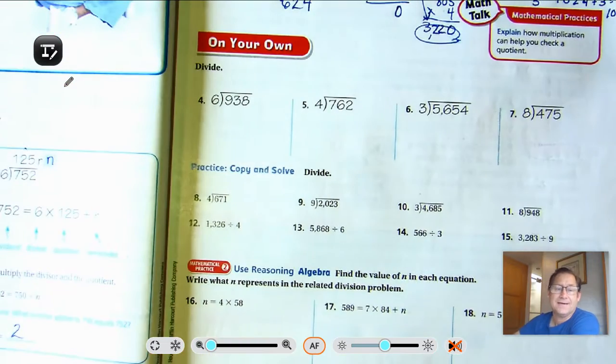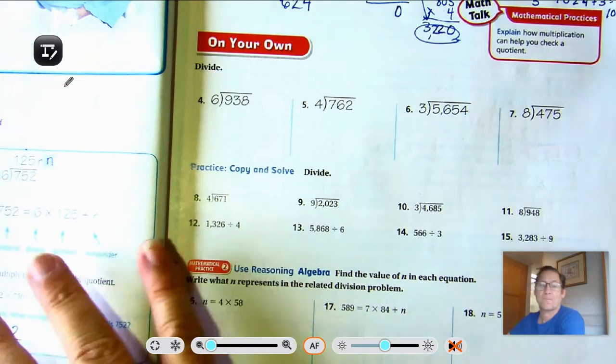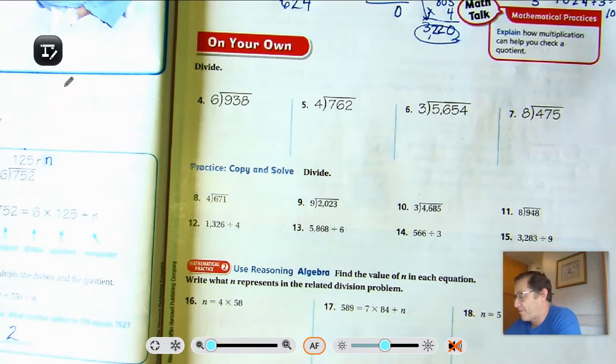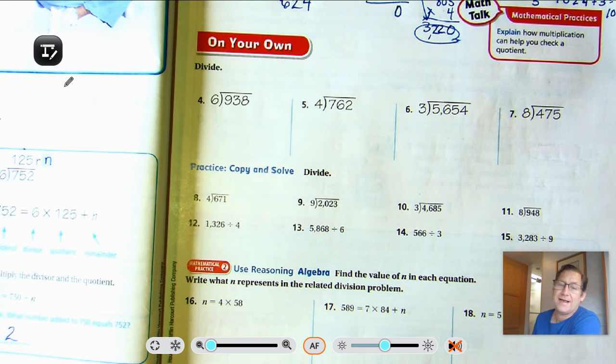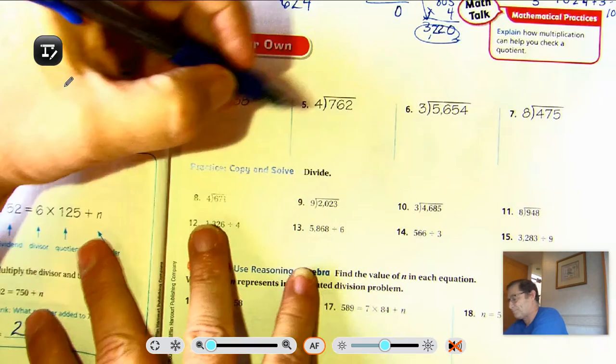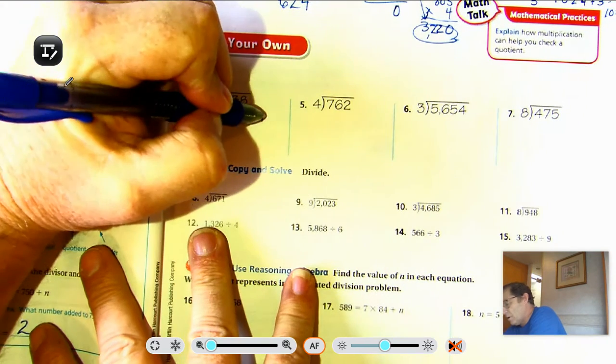All right, number 4. 938 divided by 6. Well, what are the multiples of 6? 6, 12, 18. Well, 18 is way too big. It's much bigger than 9. So we're either going to use 6 or 12. I think I'm going to use 12. So we're going to go 1,200